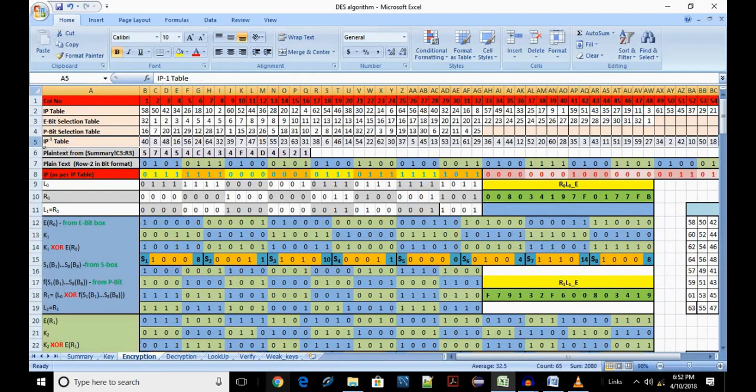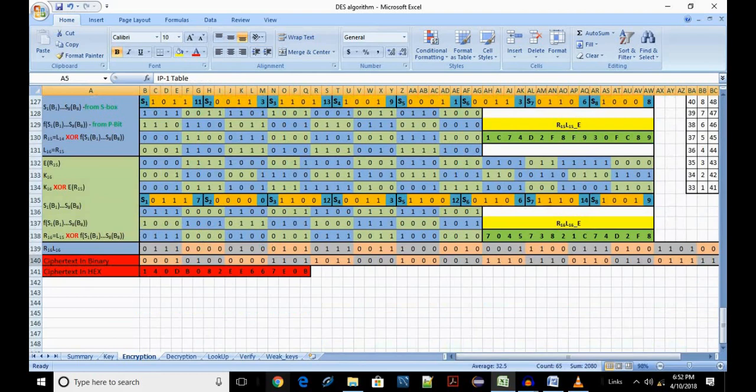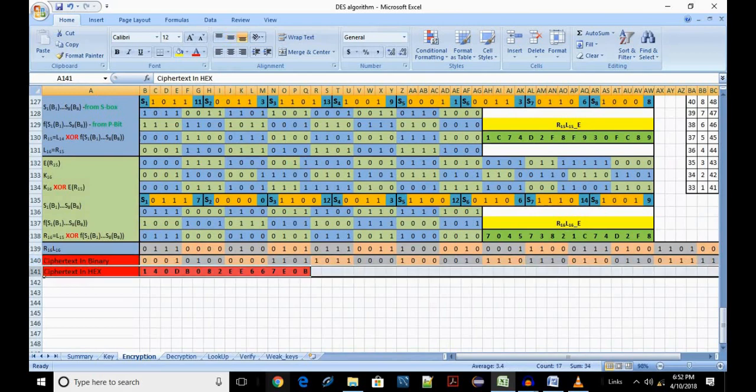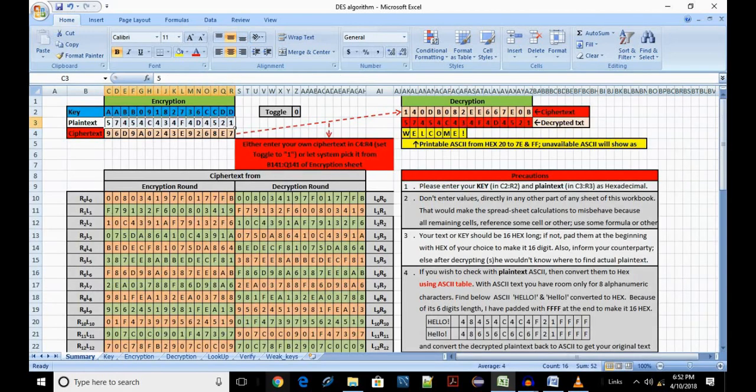Row 140 is our ciphertext in binary format, and row 141 is this binary converted into hexa using the VLOOKUP function. Row 141 is carried to the summary sheet AK2 to AZ2. This completes the encryption process.